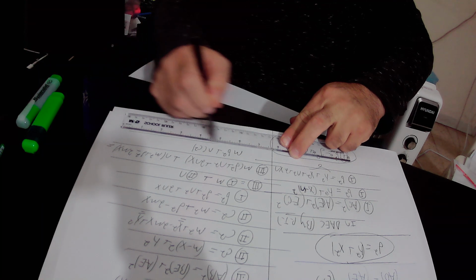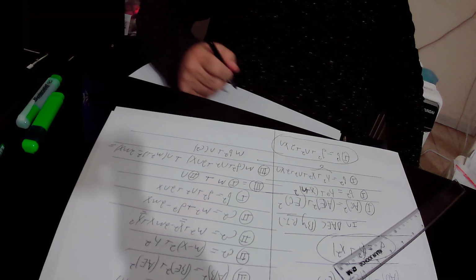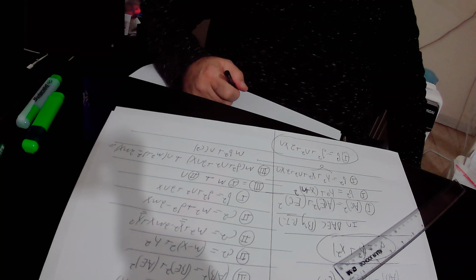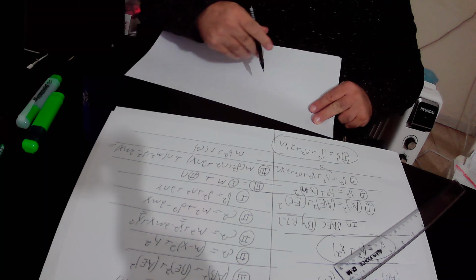So on the other side of equation number 3 we have mb squared plus nc squared. In the next step we will open the brackets on this side of the equation, and we will get that according to equation number 3,